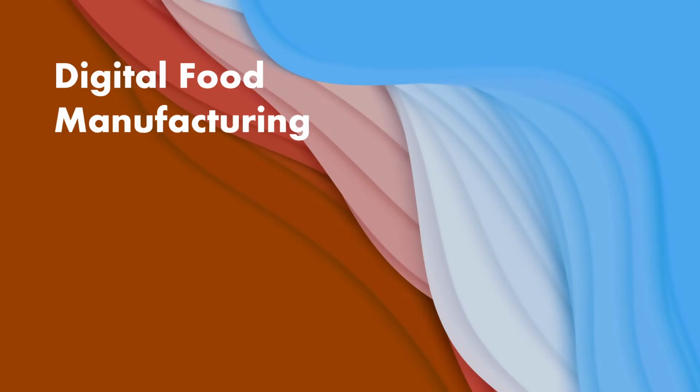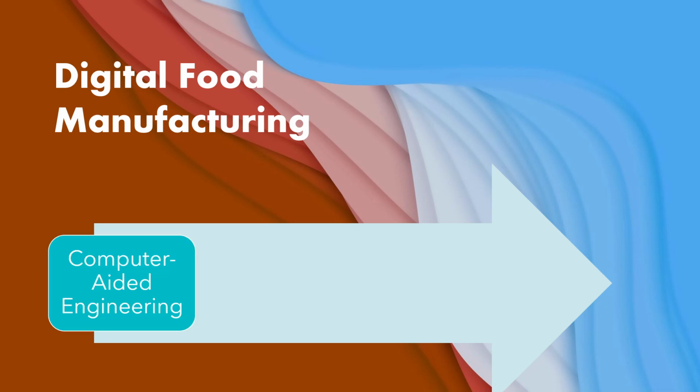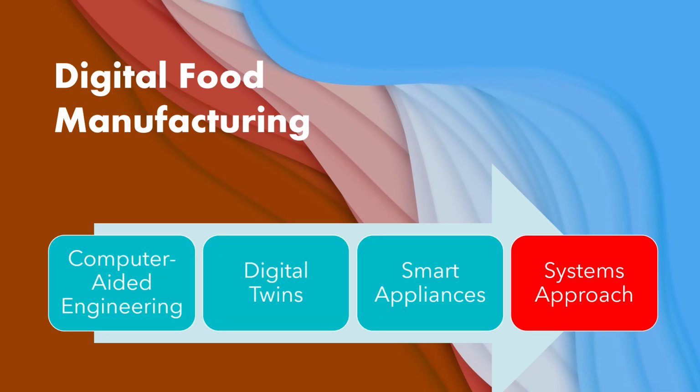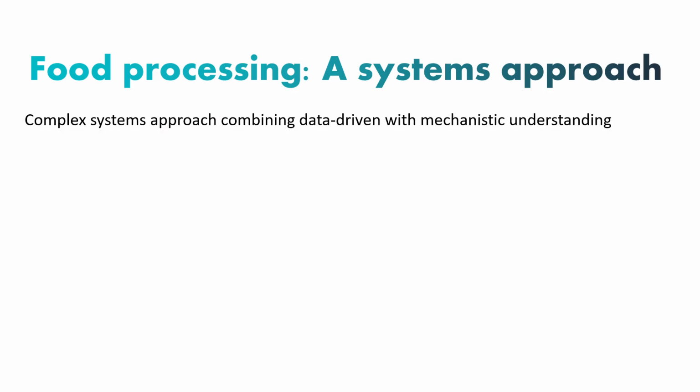Final example of how digital food physics and modeling is useful. Final example that I am going to provide is also relating it to systems approach. Again, you must be hearing about this all the time, and that needs what we are talking about, this food physics and the model development. So for example, we can build complex systems approach that combines data driven with mechanistic understanding, and here is an example that I just want to share.